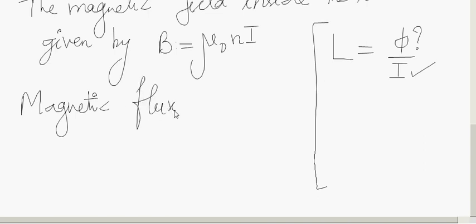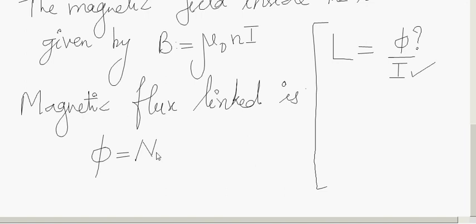Magnetic flux linked with the solenoid is phi is equal to